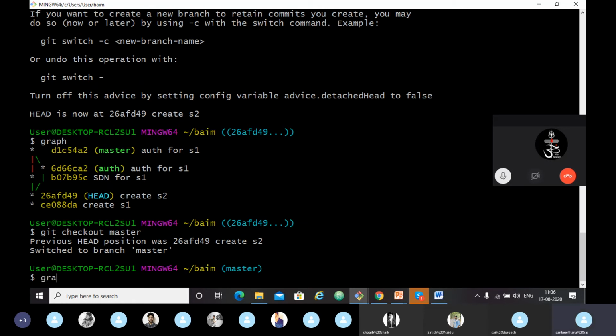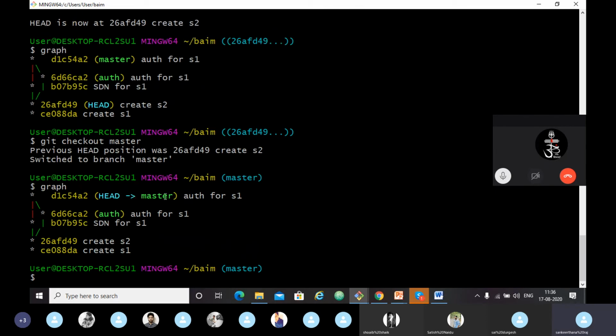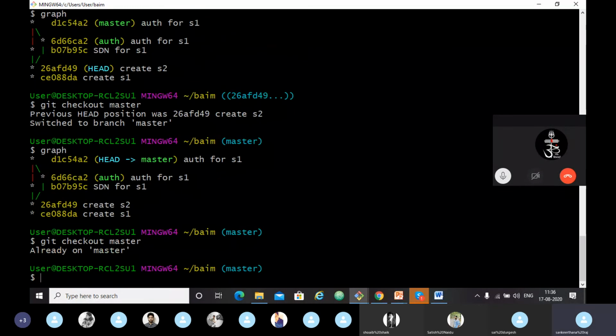Now let's see the graph again. Here you can see head is pointing to the branch now, not to a commit. We came out of that detached head state. Now let's check out the master. But we are already on the master.